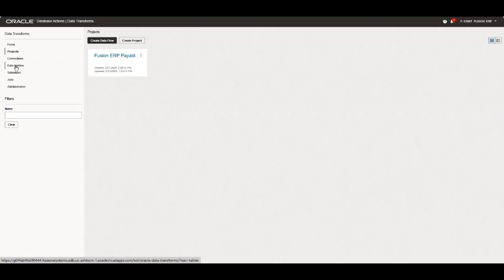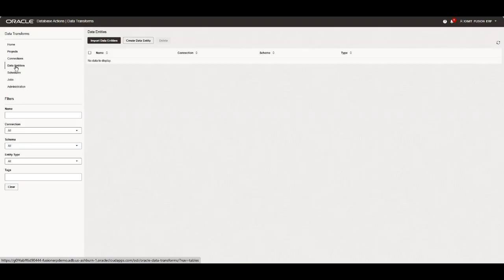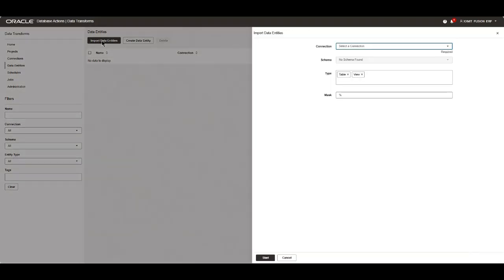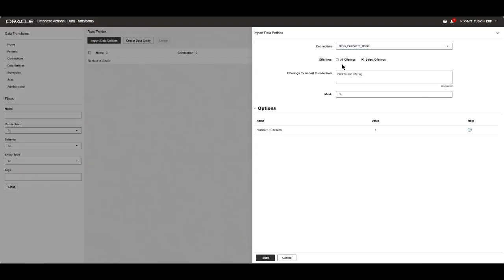So our connections are there, but now we need to import the table structures from Fusion ERP, and they call them data entities, that we want to load over to ADW with our data transforms. To do that, click on data entities, click on the import data entities button at the top, and now you'll get a dialog that says which connection do you want to leverage. And here we need to pick our BICC Fusion ERP connection that we've created because we're pulling the data over